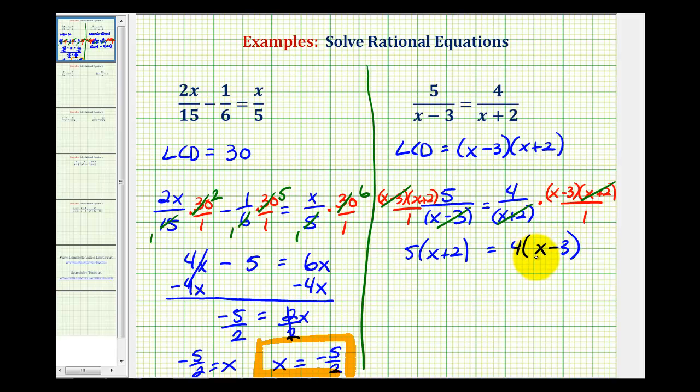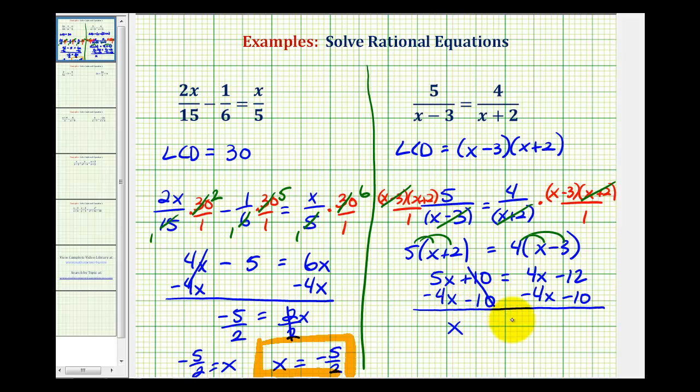Now we'll clear the parentheses and solve for x. So we'll distribute here and here. So we'll have 5x plus 10 equals 4x minus 12. So now we'll get x on one side of the equation, so we'll go ahead and subtract 4x on both sides. At the same time, let's go ahead and subtract 10. So this will be x, this is 0, equals, this is 0, this is going to be negative 22,